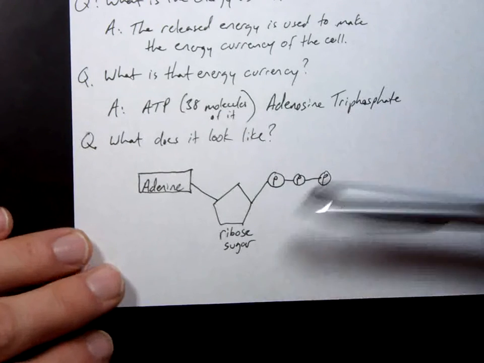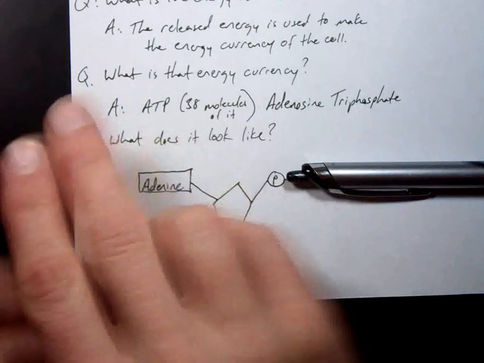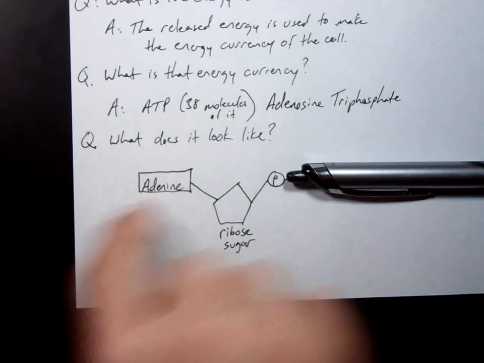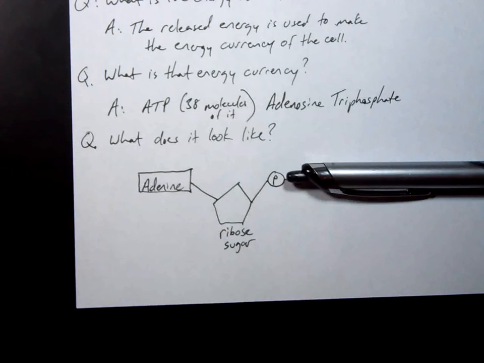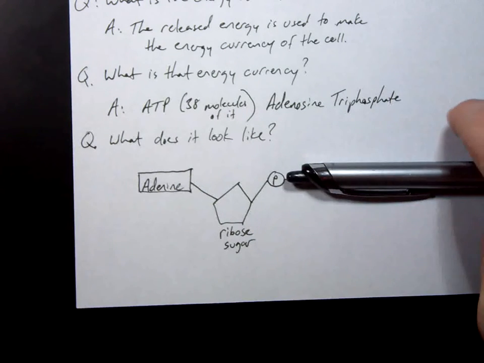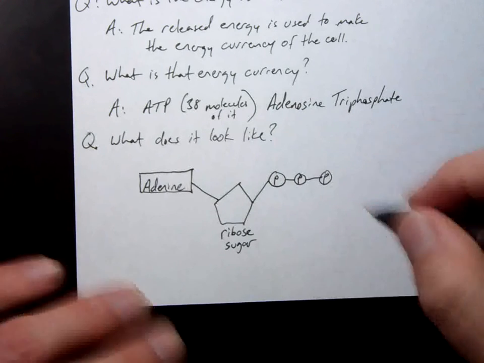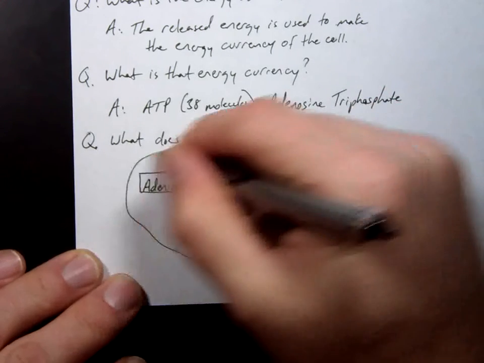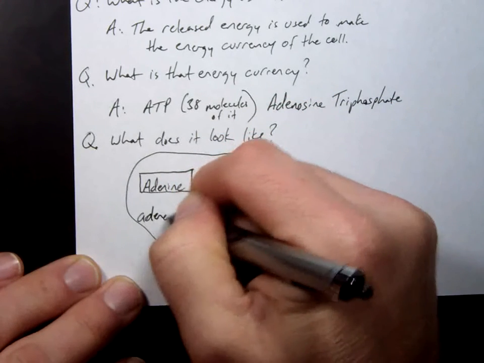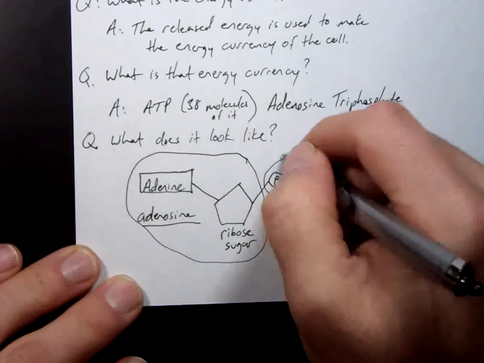Now, if I don't include these ones on the end here, and I attach this to a whole bunch more of them in a chain, I've got RNA. Ribose sugar, a phosphate, and then a base, a whole bunch of them in a row. That's what RNA is. Okay? But basically, we take a piece of RNA, and we add a couple more phosphates to the end. So this portion right here, adenine with ribose together, is called adenosine. And then this part is the triphosphate.